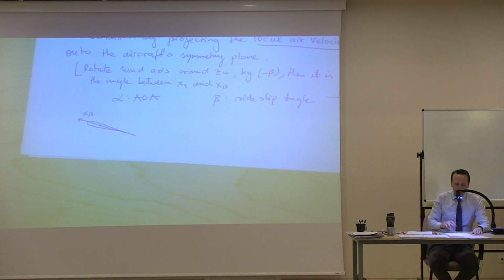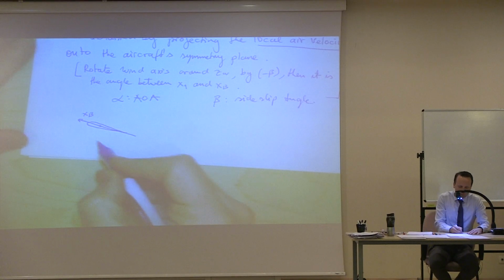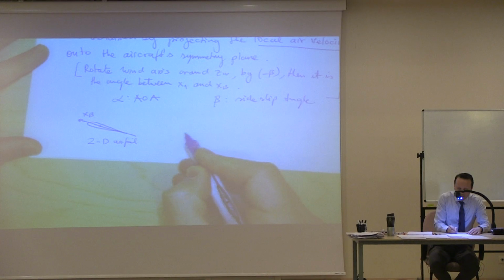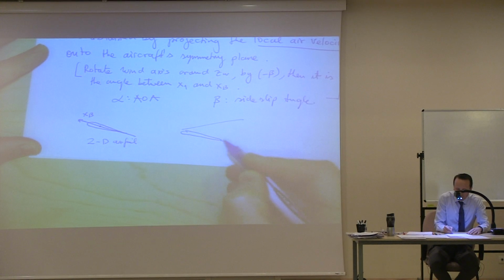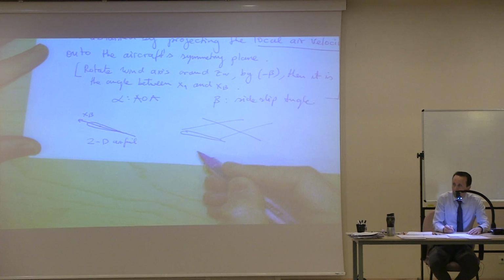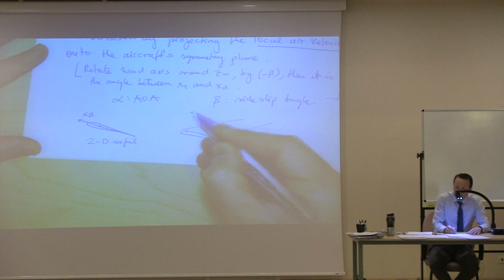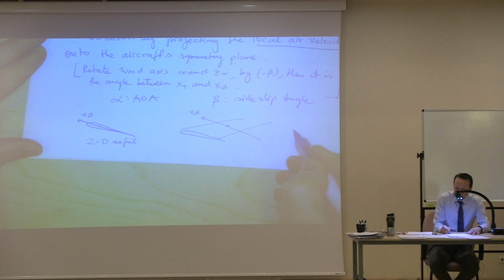No, let me just start. If this is a 2D airfoil, okay? If this is a wing, you typically do the same thing. You look at the chord line, and somewhere at the CG, or if it's a 2D thing, then there's no CG, but you put it somewhere along the chord line and say this is your X body. Now, if you have an airplane,